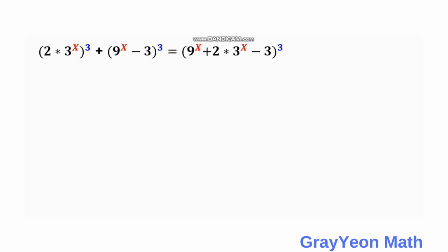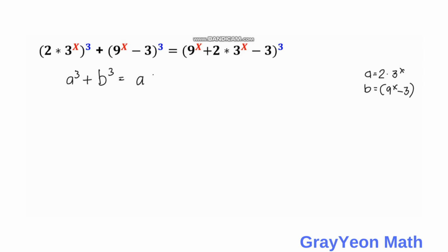If we let A be equal to 2 times 3 raised to x, and B be equal to 9 raised to x minus 3, then if we substitute the values we designated for A and B, we have A cubed plus B cubed is equal to A plus B